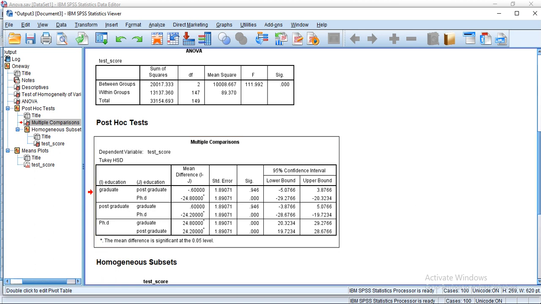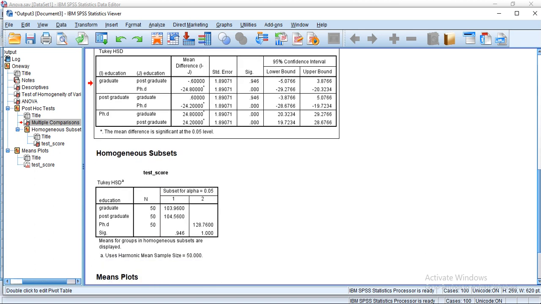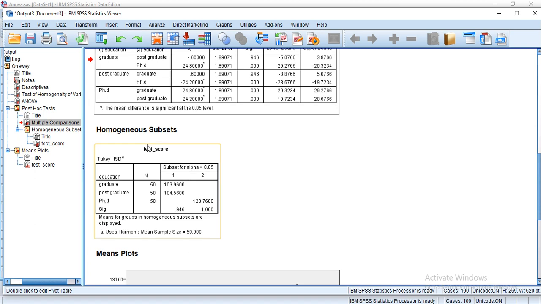Now we'll go for the result of Tukey test. You can see it has created subsets. It has combined your graduate and postgraduate students under one subset, as their mean marks were somewhere close to each other, while PhD students have been taken as a second subset different from subset 1.